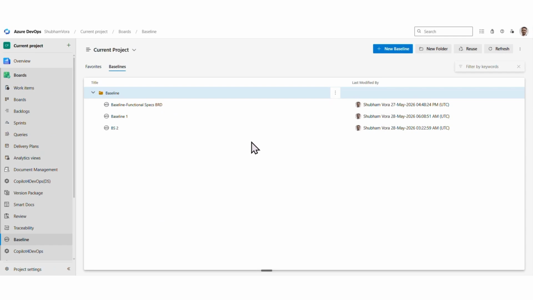A baseline is a frozen snapshot of your work items at a specific moment in time. It gives your team a reliable reference point for audits, compliance reviews, release gates, and change tracking. Instead of manually documenting what was agreed upon at a given stage, a baseline captures it automatically and preserves it